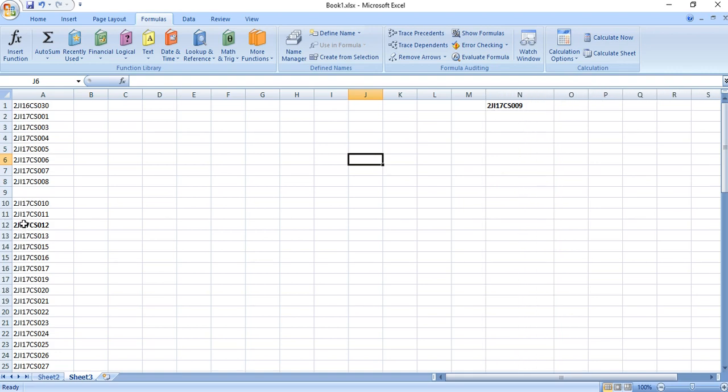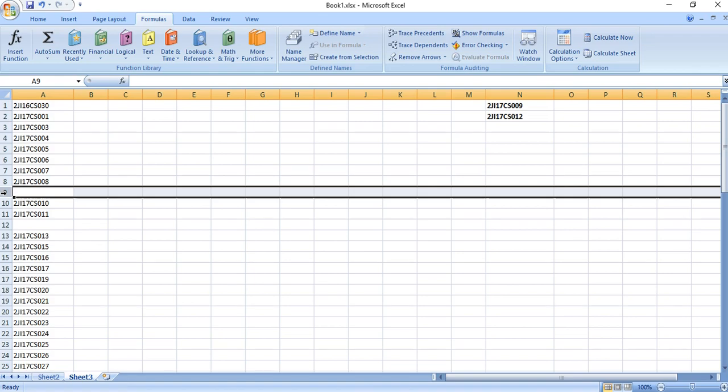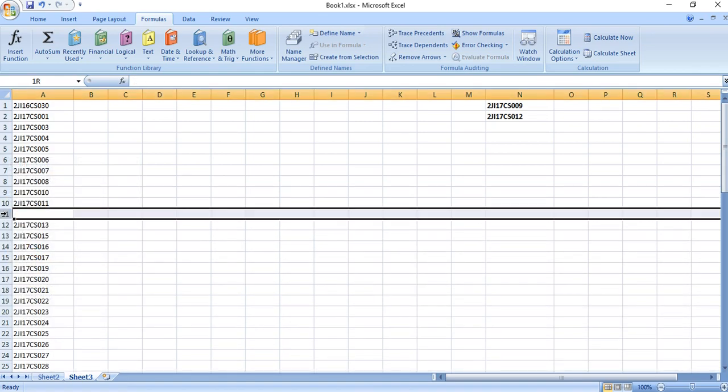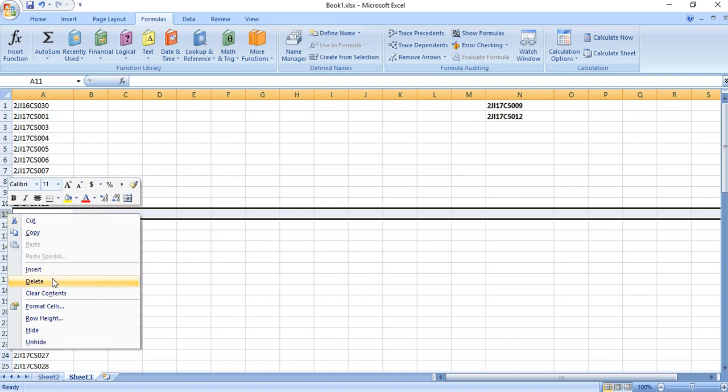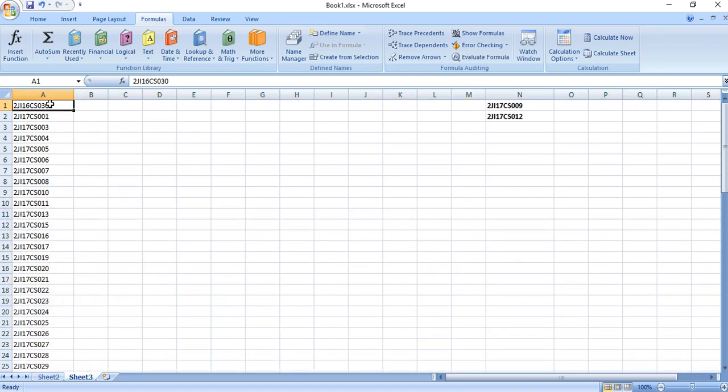I removed the USN ending with 9. I will also remove the USN ending with 12, and then I will delete the empty lines. Now my column A has all the USNs for whom we will allow the test.